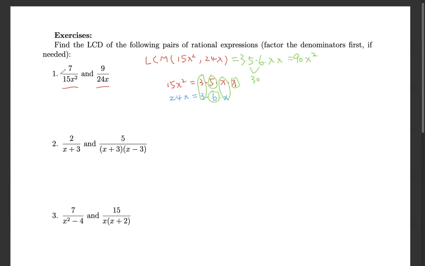To change the first one to have 90x squared, we need to multiply by 6 over 6, basically. Because 6 times 15 is 90, 90x squared. And the second one, how do we change 24x to be 90x squared? We need to multiply by,